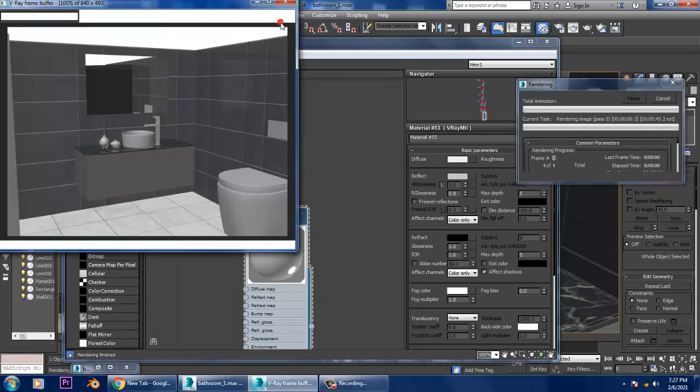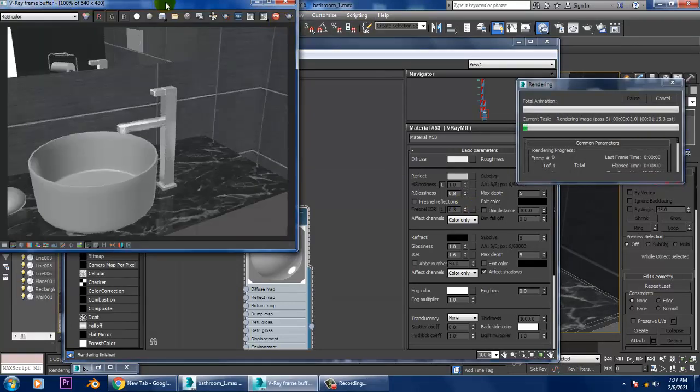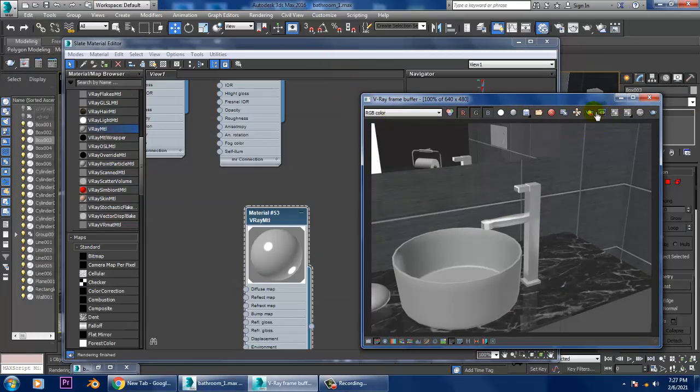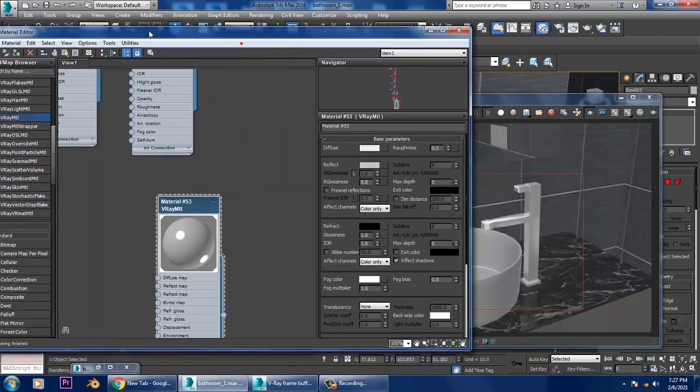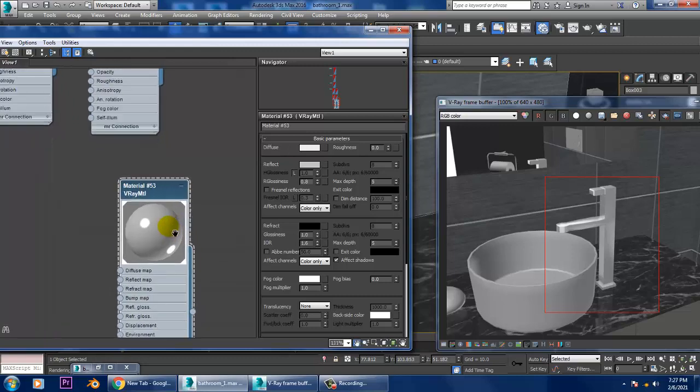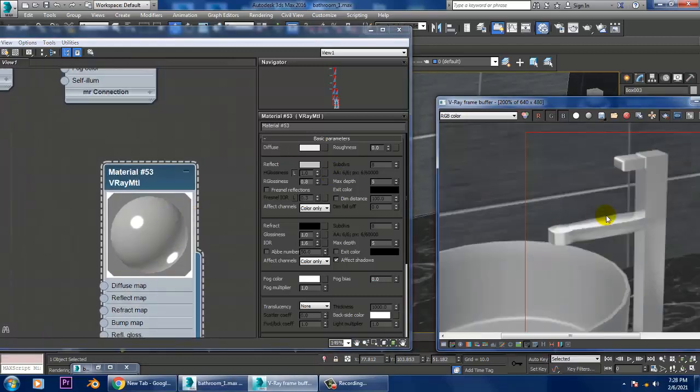Let's render this. So what I can do over here is activate this region render for this, and let's keep on doing a few changes over here.